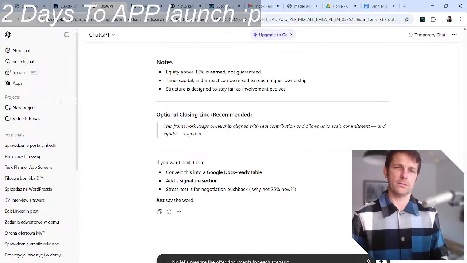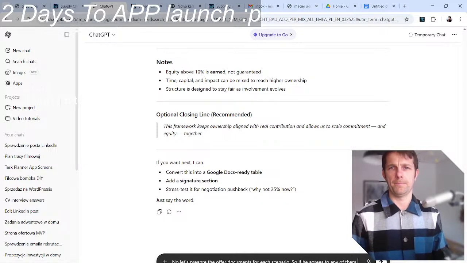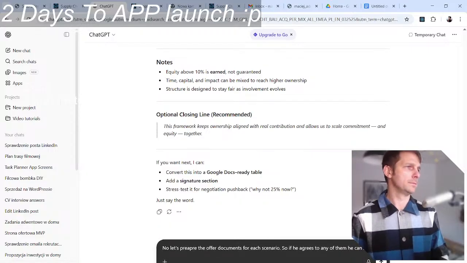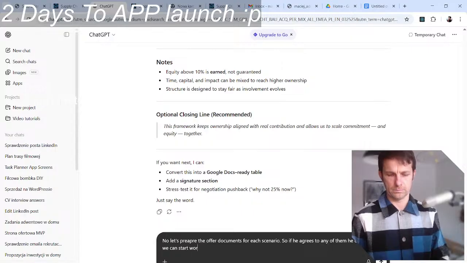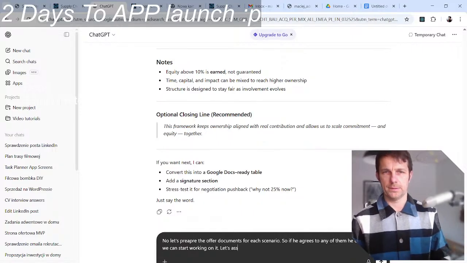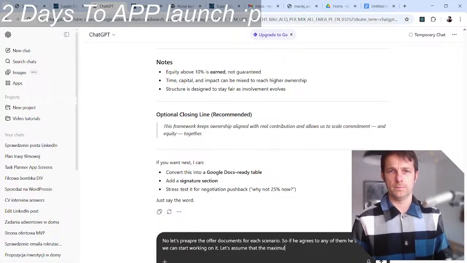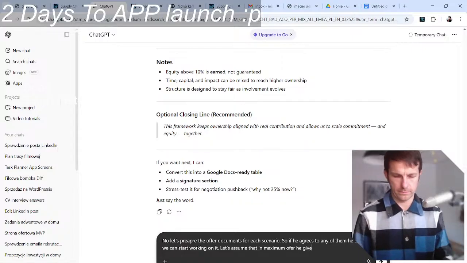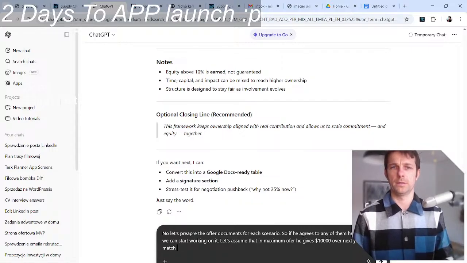Okay, so if we agree on them, let's assume that in maximum he gives 10 over next year, and I will match it.